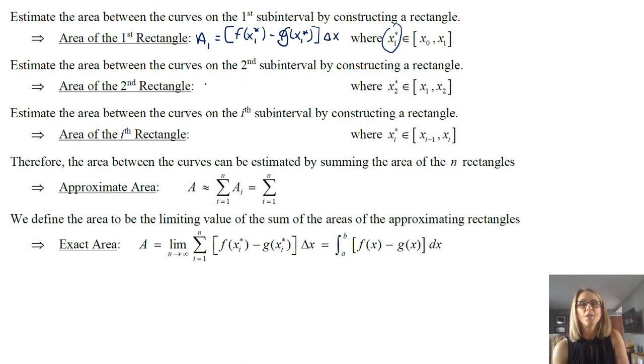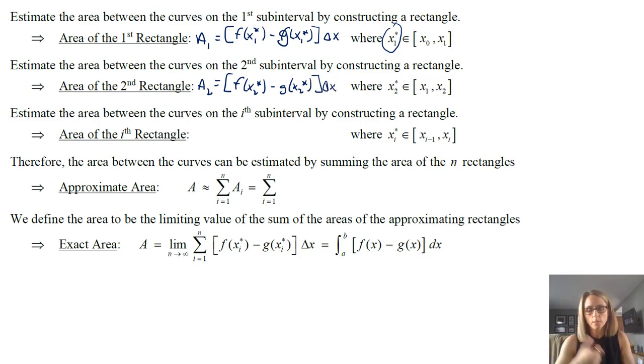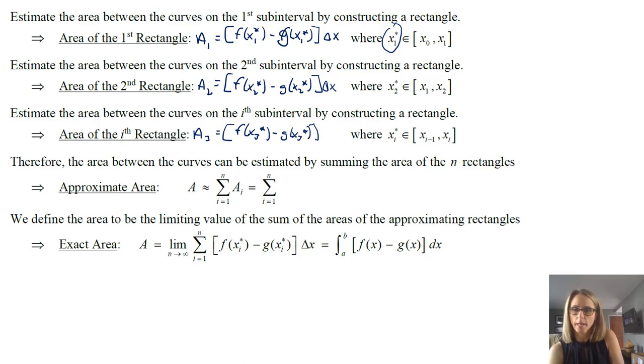And then you have your next interval, and that's going to give you a sub 2. I think you guys see where I'm going with this. Again, times the delta x, so it's just the height times the width for any rectangle. And then we'd have another one. Don't worry, I won't do this every section. And that would be your third rectangle. And again, you could do this infinitely many times.